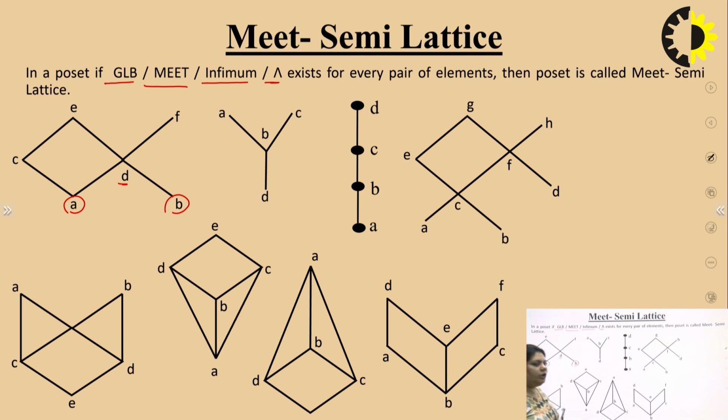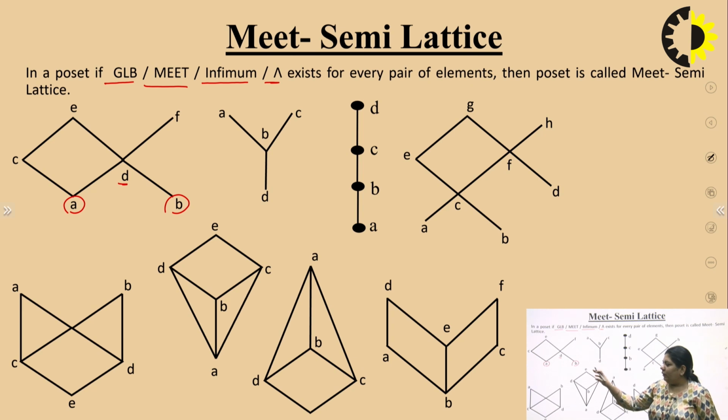To find the lower bounds, we have different notions. First we have to find the minimal element, maximal element, then maximum, then greatest, and after that we have to find the meet or join. While finding the meet or join, the simplest method is that for every pair of elements in a lattice, we have to find the meet of them.